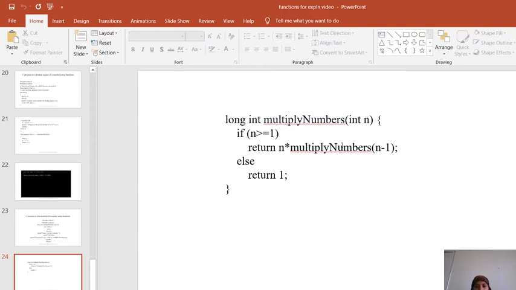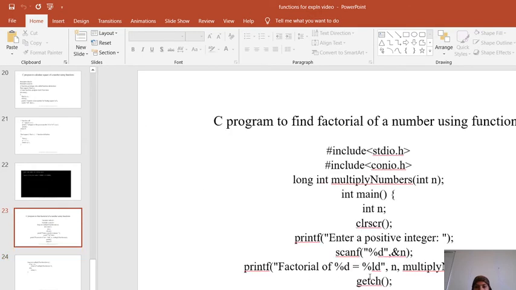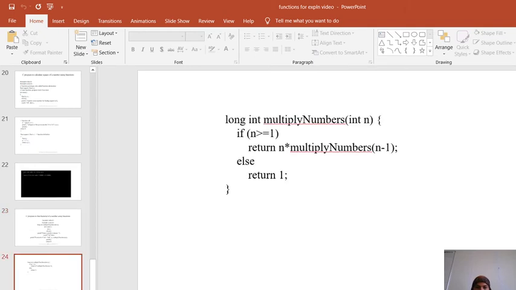So this function will be executed with one value less, and it is multiplied with the previous value. Once the condition is no longer satisfied, you will get the factorial result, which will be returned to the function call statement and printed using a printf statement.